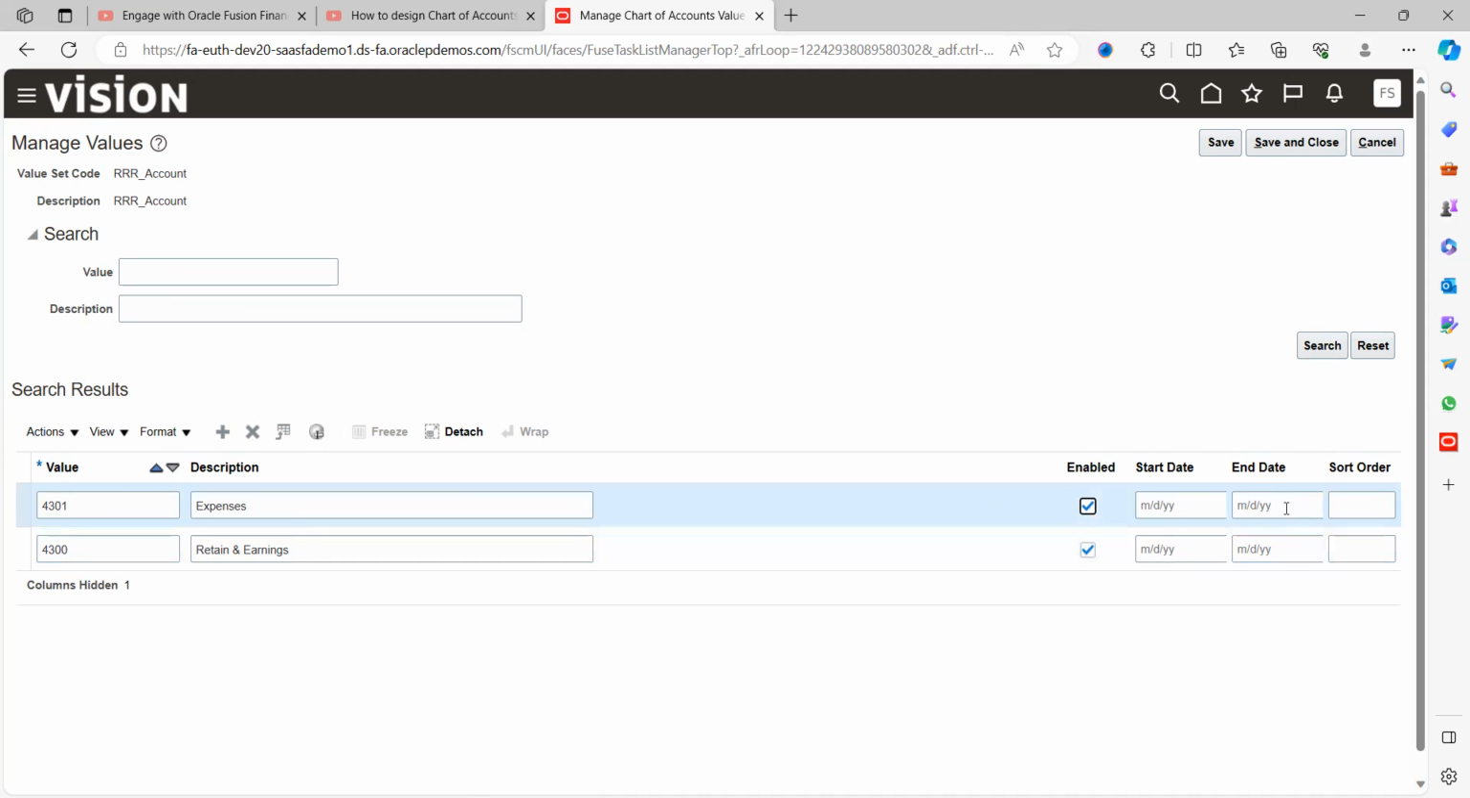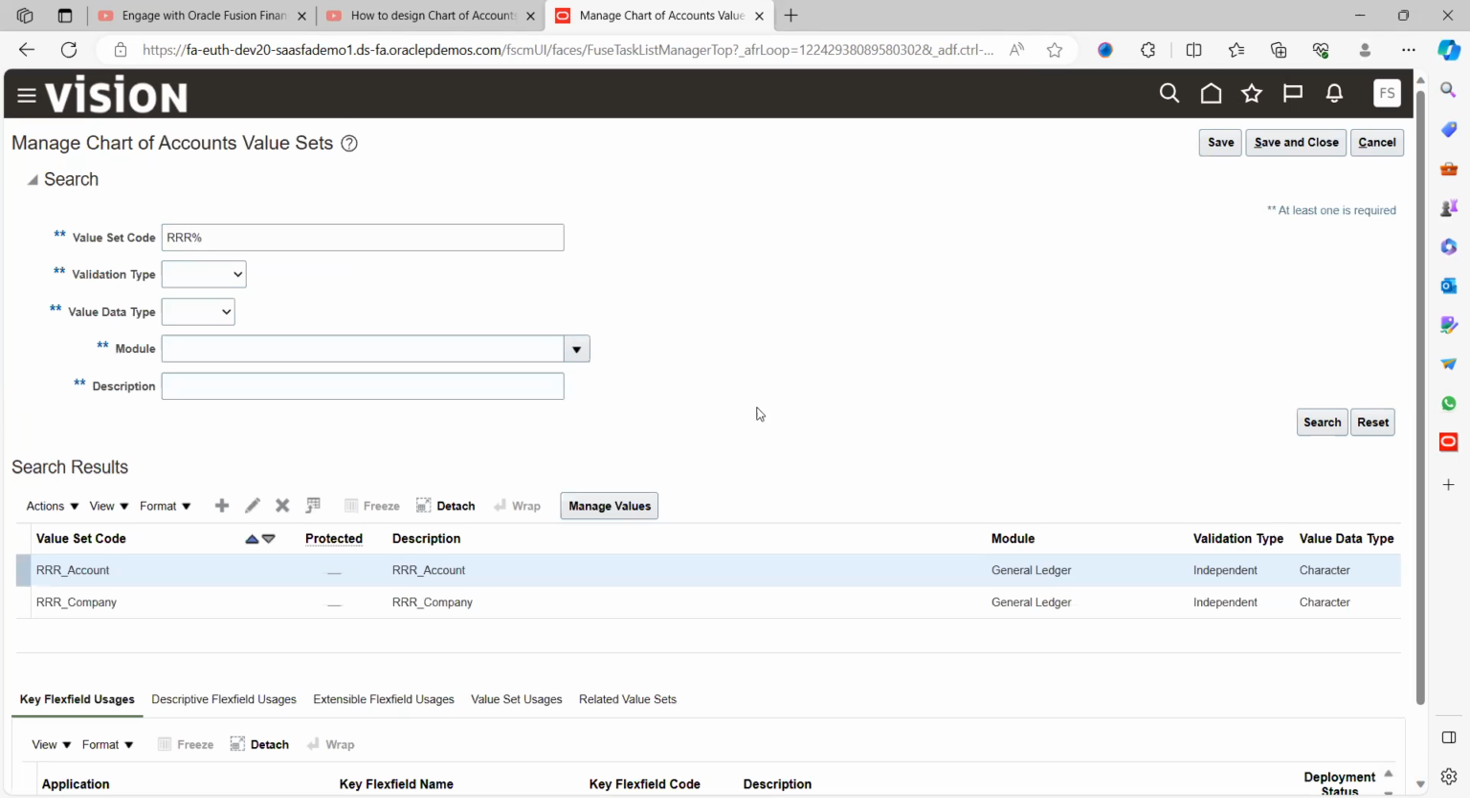So enable, if you want to keep it. Let's say, for example, in the future there would be an ask from the client that says this particular value I do not want to use anymore, right? If you get that kind of requirement, you can go ahead and keep it as an end date. It means it will get inactive mode. Save and close. So now I created the value set codes. So I will close here,